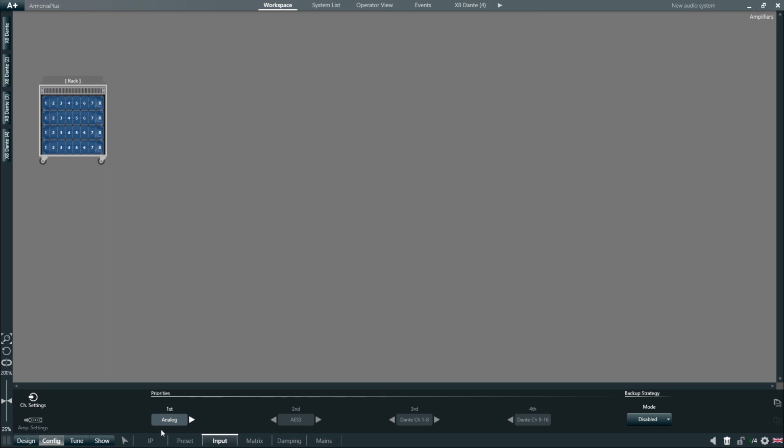ArmoníaPlus also gives us the option to enable what is called a backup strategy. If we click on Mode and then pick Signal Base from the list, we will activate the backup strategy based on a list of priorities starting from the far left. In this example, let's pick Dante as the first priority, AES as the second, and then analog input as the